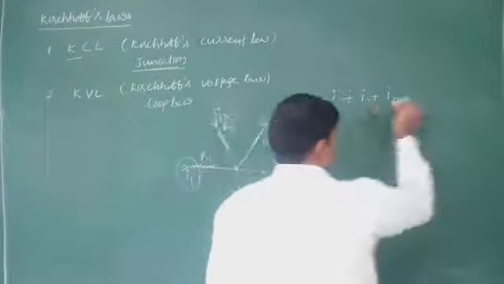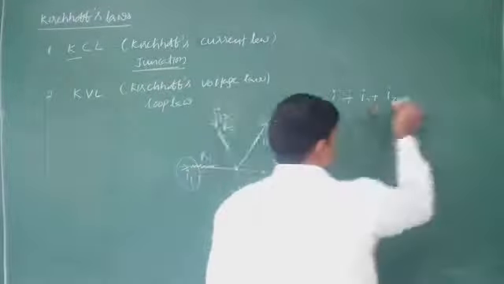So what is that bridge balancing condition? Try to observe first of all here. I is the current that starts from the positive terminal of the battery. When that approaches the junction A, the current is split into I1 and I2. I1 is the current passing through the resistor P, and it approaches the junction B.